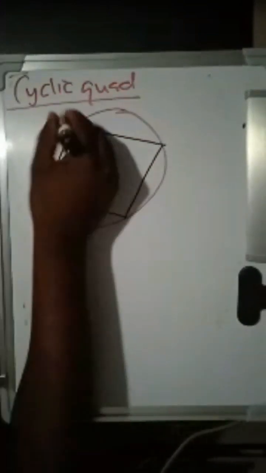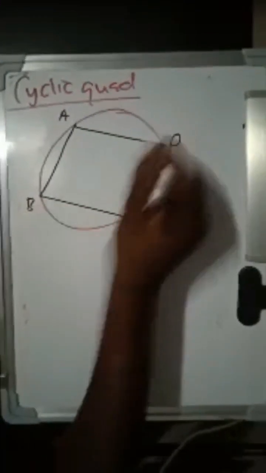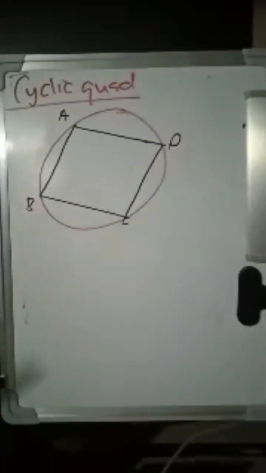So A, B, C, D. It means the shape that is inside there, which is ABCD, is a cyclic quad. So if you see a cyclic quad, just know that there are two theorems that you can actually use in